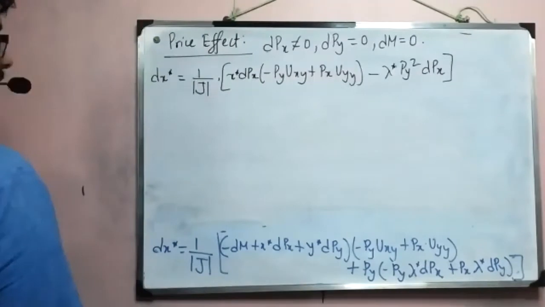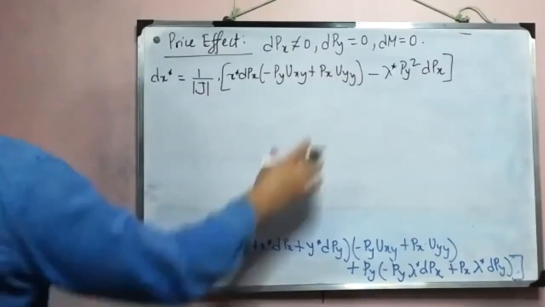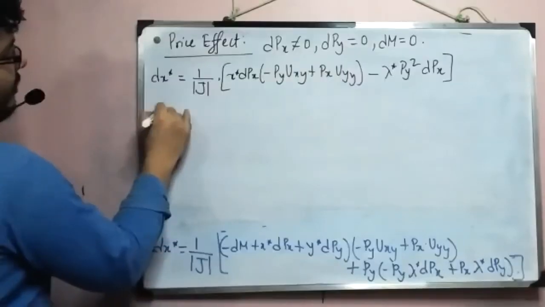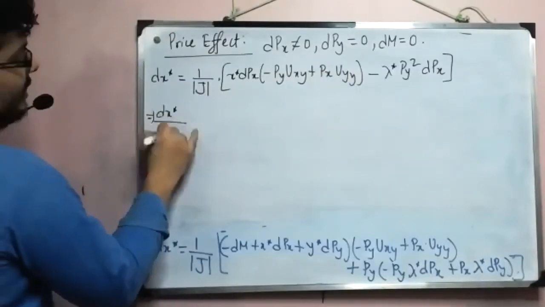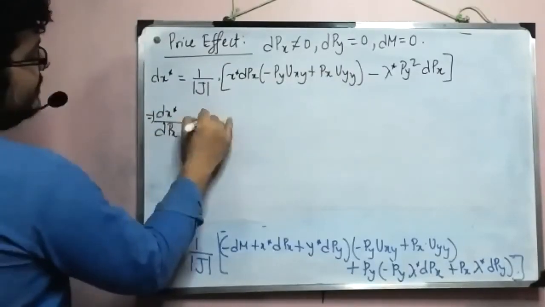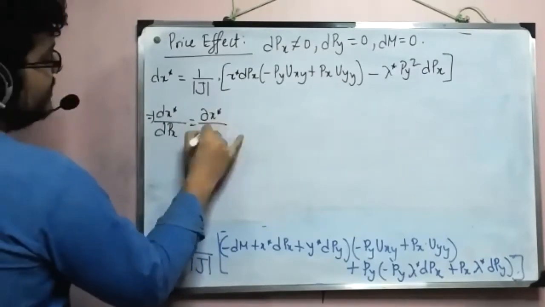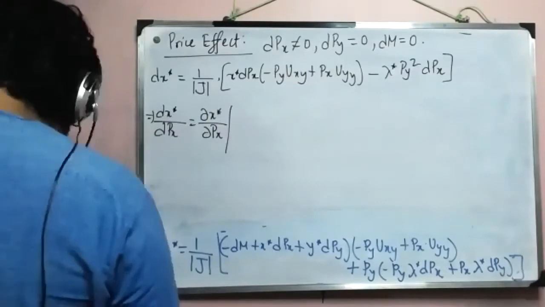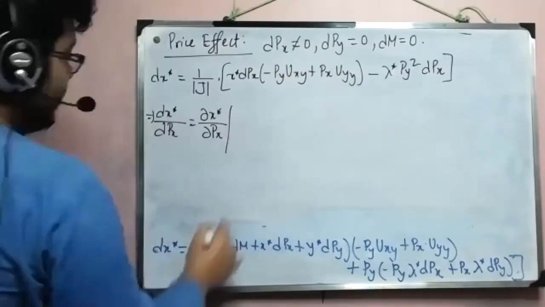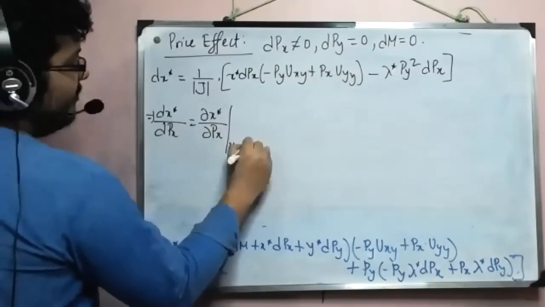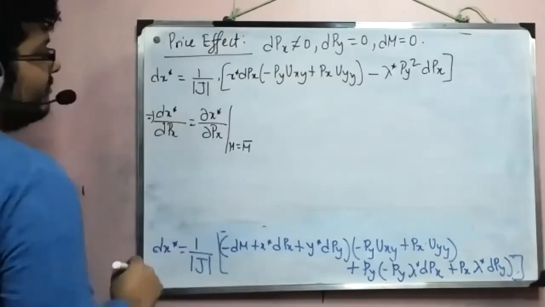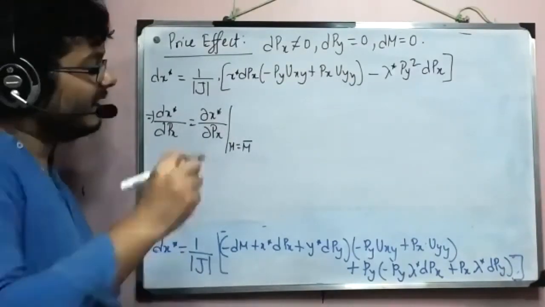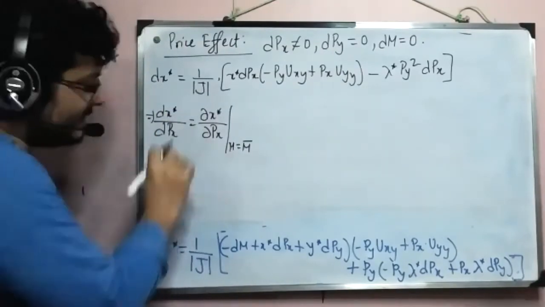Okay. All right. So we can directly see, right, what we have here. Now let's write like this: dx star by dpx, which is equal to del x star del px. Just to mention that we are working in Marshallian, we'll just write this: m equal to m bar. So here the money that is available is constant. So that's how we are identifying that it is Marshallian.